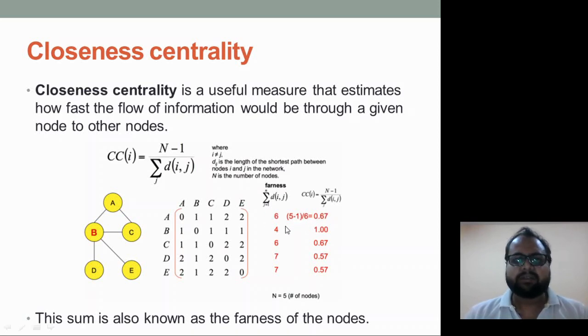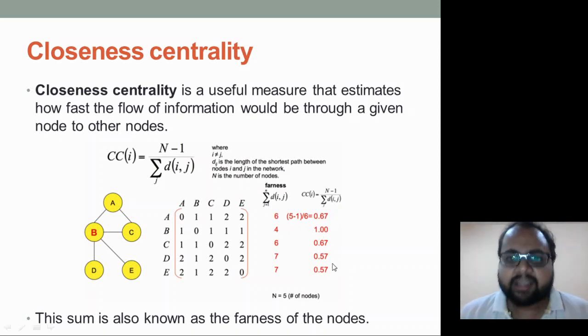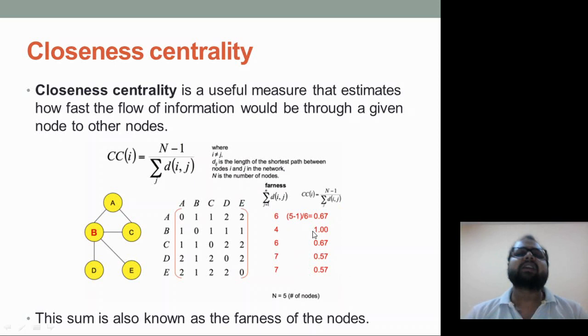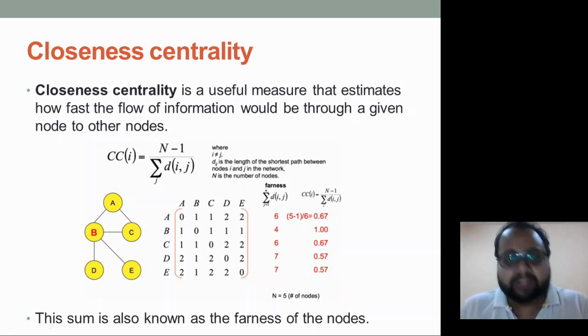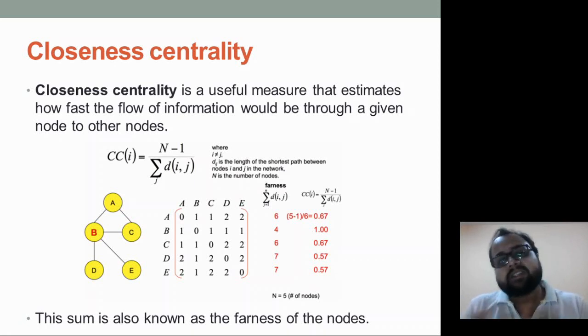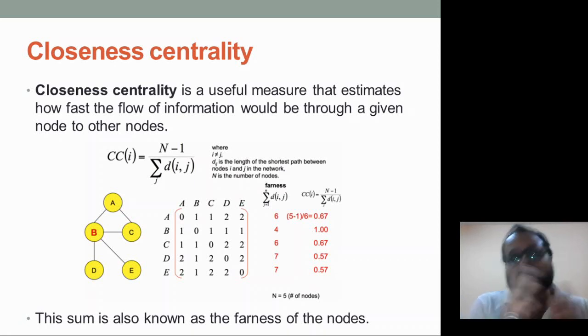so for the first case it is 4 upon 6 which is 0.67। in this case it will be 5 minus 1, that is 4 upon farness is 4 equal to 1। ऐसा करके for all of this what we get is your closeness centrality। so what is closeness centrality? It helps us, it is an basically an algorithm or a mathematical formula which tells us how fast the information should be flowing within them।